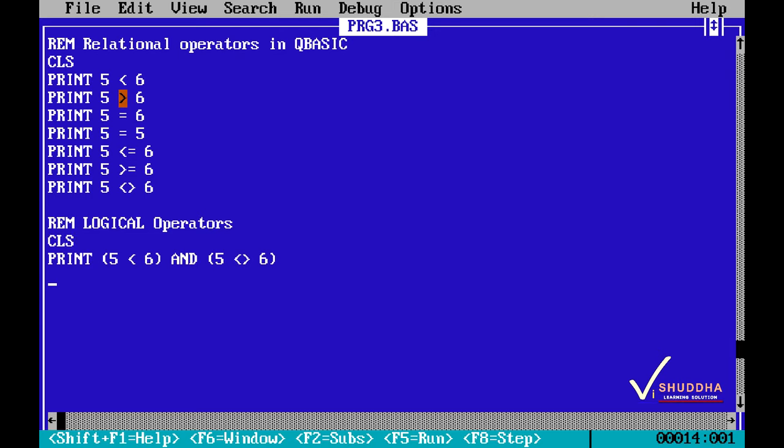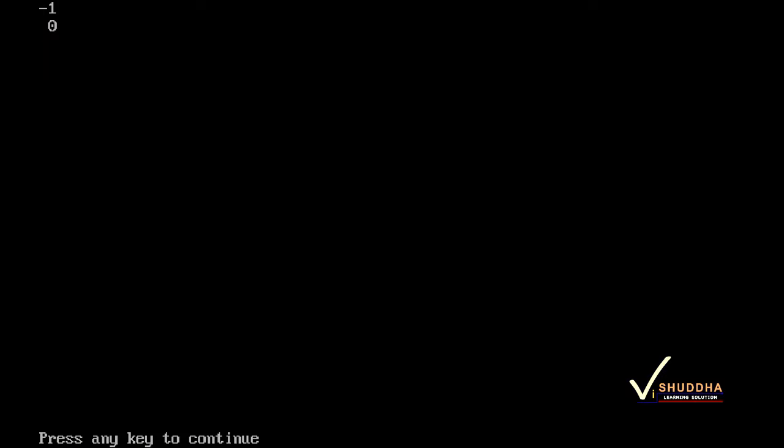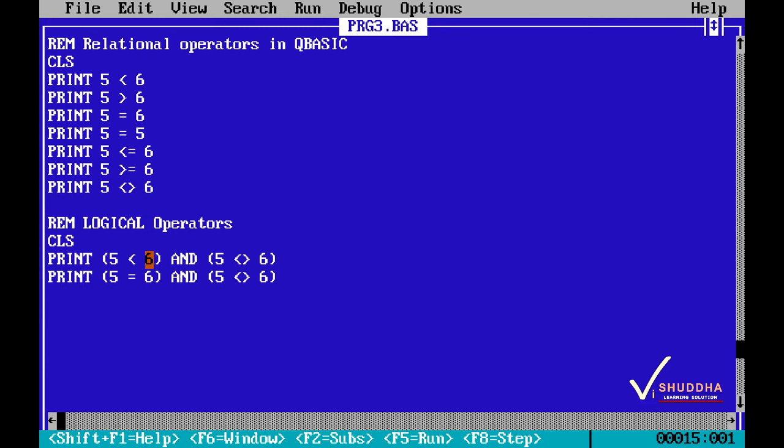Now let's have another use of this AND operator. Print 5 is equal to 6, which we already know is false, and 5 is not equal to 6, which is true. Let's save the program and run it. You can see it returns 0. For the first print statement, it gives -1, which is true because we had first a relational expression 5 less than 6, which was true, and 5 not equal to 6, which was also true.